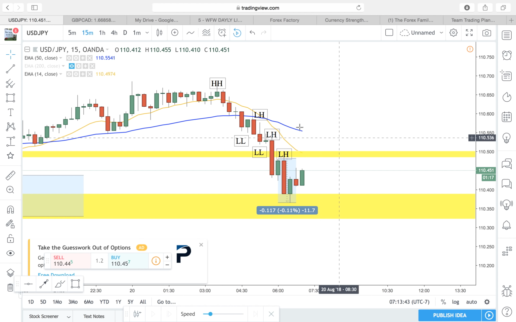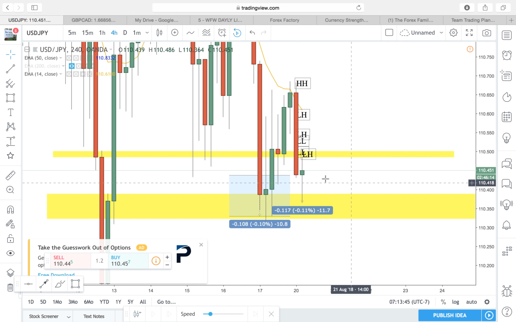But I got a little bit greedy because I was anticipating a potential larger drop to keep going. But when you're trading from zone to zone, you're never guaranteed anything after that. Plus, it's only Monday. We got still 5 days. We got a whole day today. We got the 10 a.m. push coming up. I mean, there's just too many opportunities to be greedy.